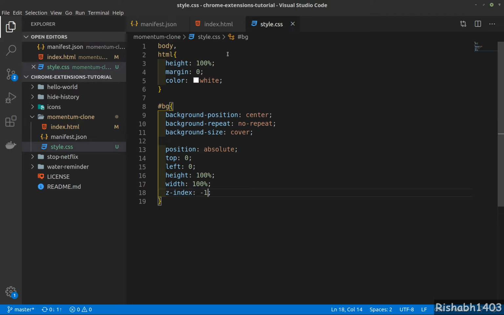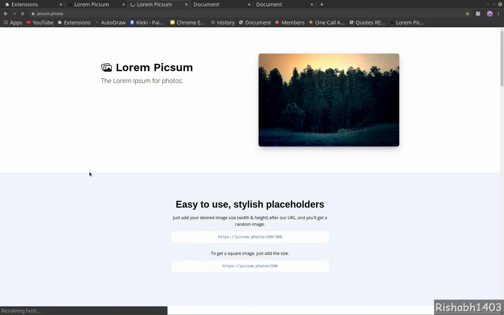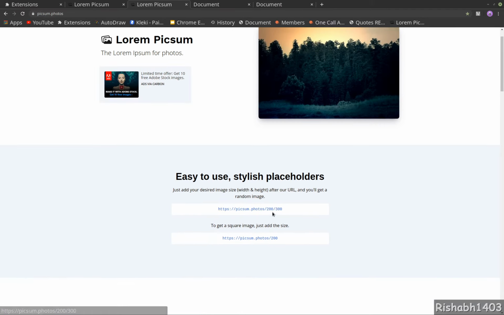Next, we will use an API to get a random background image whenever we open our tab. So I found this API which is really good. I'll drop a link in the description. The API is this, and this is the size of the image that you want.